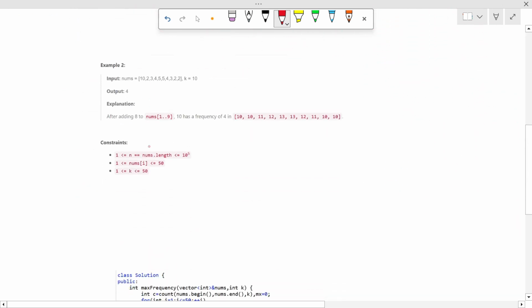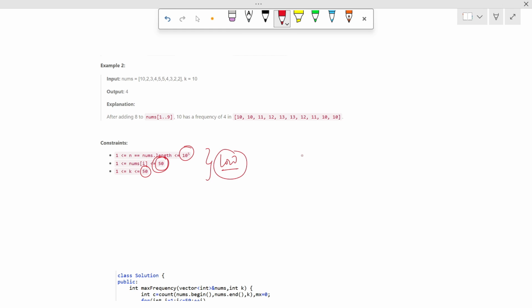Now let's look at the constraints. Here n is up to 10 to the power 5, and the values in nums are less than or equal to 50, and k is less than or equal to 50. So the constraints are large, and we cannot use a brute force solution like O(n squared). We have to reduce it to an O(n) solution so that we can get our answer